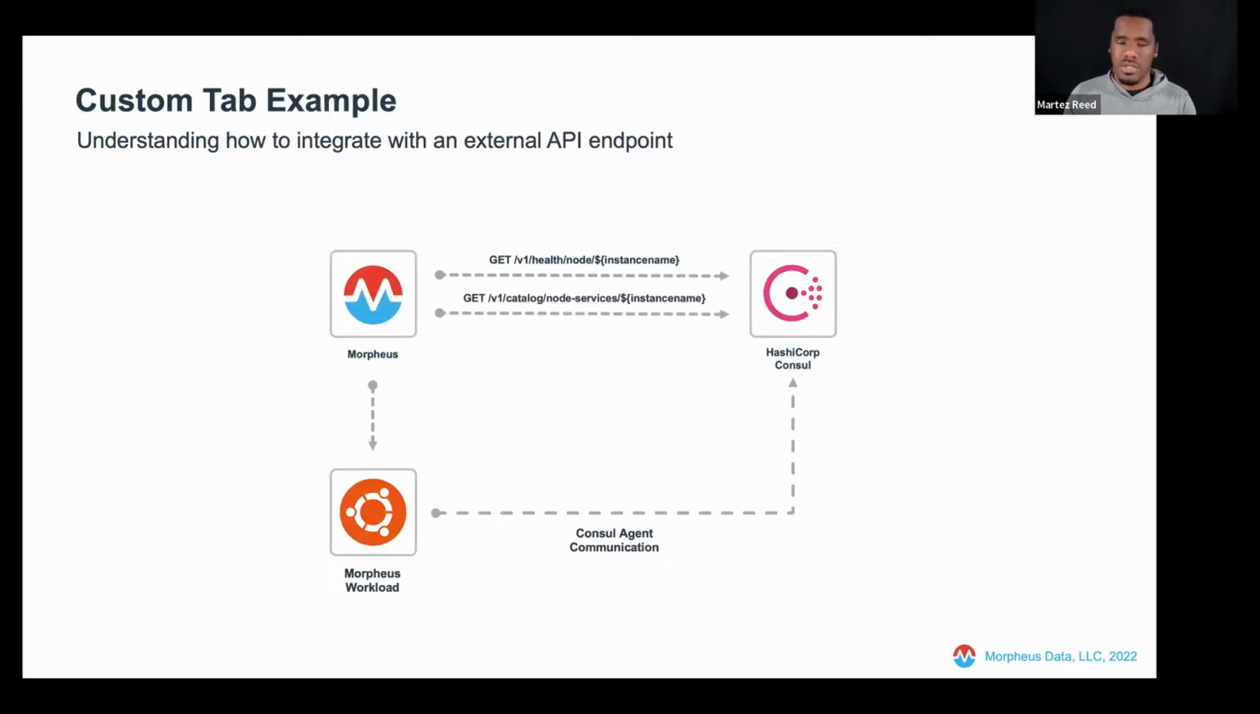And so similar to whether it is a monitoring agent or a logging agent or various other integrations, what we would do here is reach out, in this case, to HashiCorp Consul. In this case, we're actually utilizing 2 API calls to pull back data about this specific instance within the Morpheus platform. And so as we see here on this diagram,